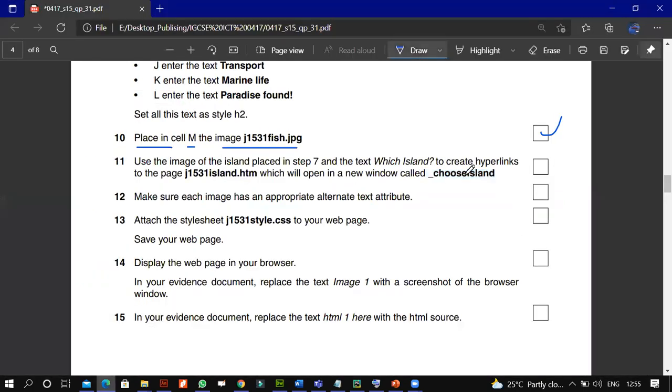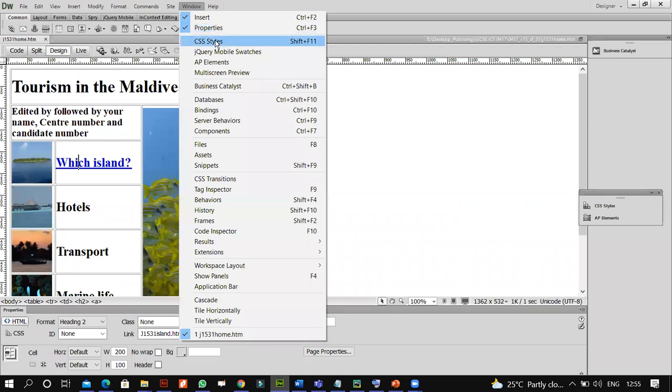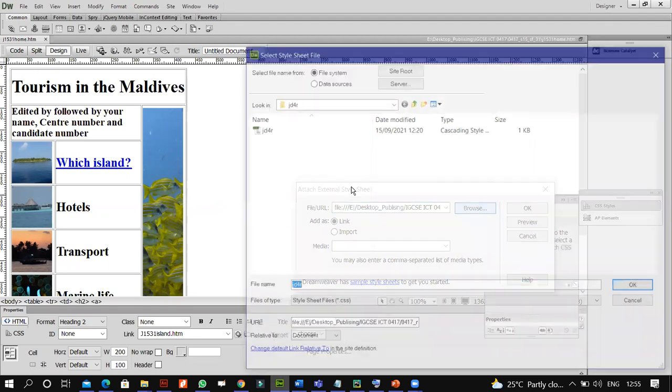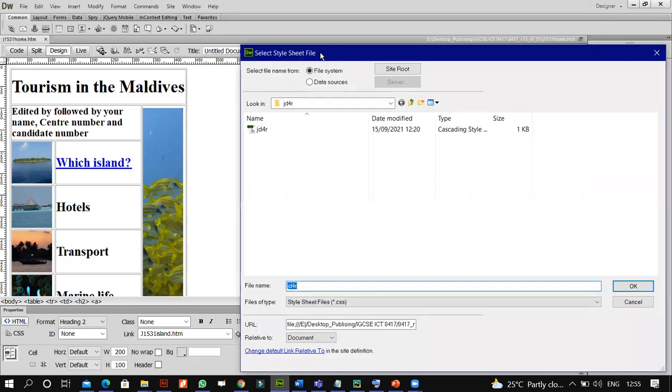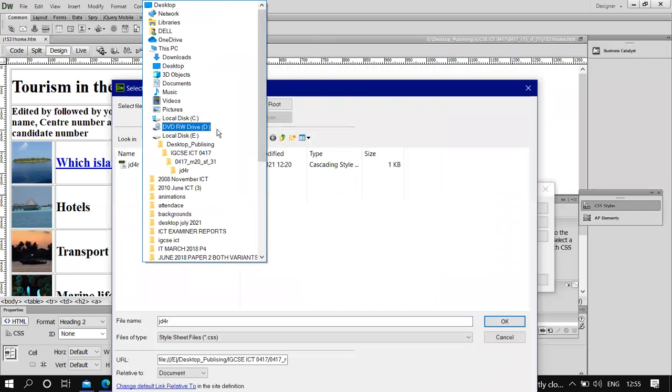So we have this done. Make sure each image has an appropriate alt text. We've done that. Now we have to attach, in point number 13, we need to attach this to your web page, which is 531 style.css. So Windows, CSS styles, attach. I have to see if I'm in that folder. I'm not. Again, I have to go all the way to my,